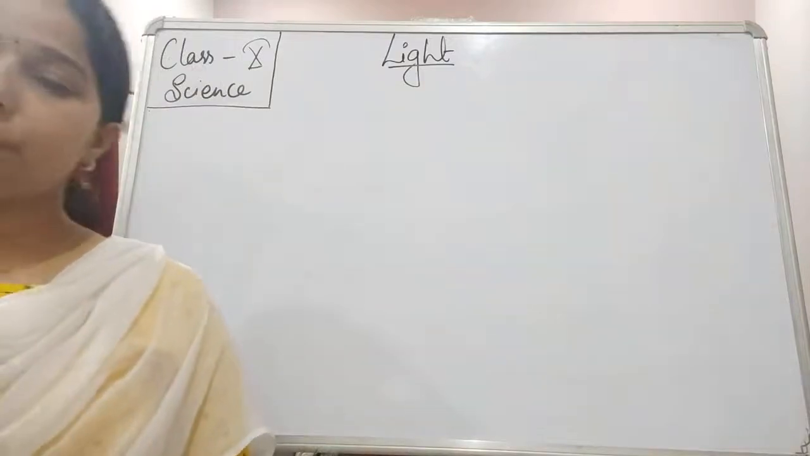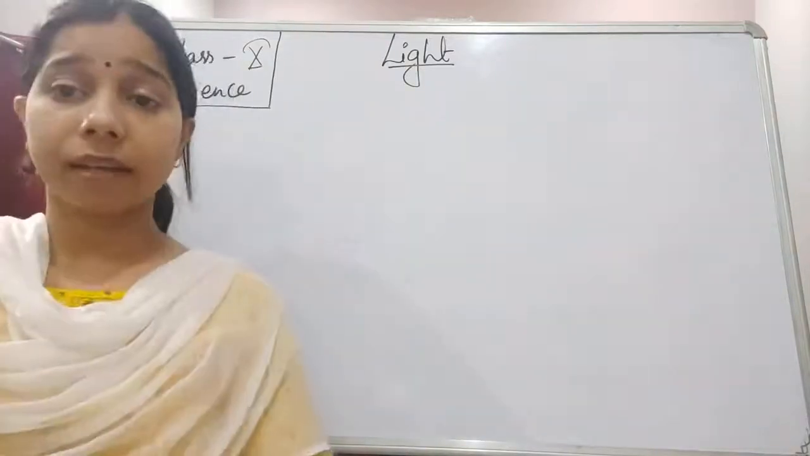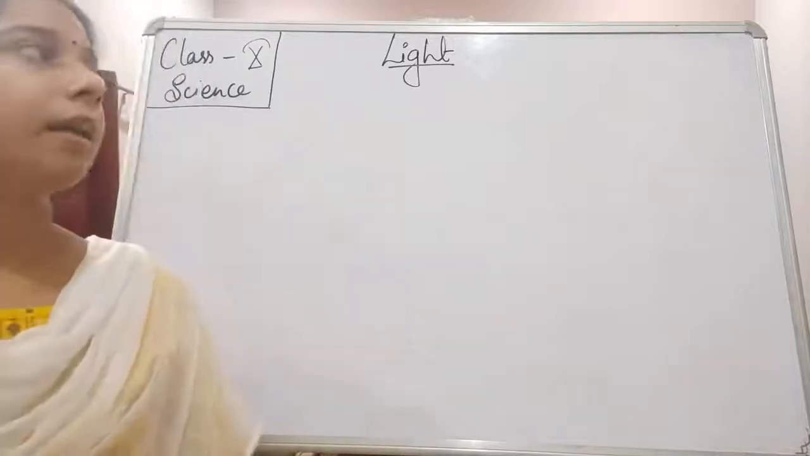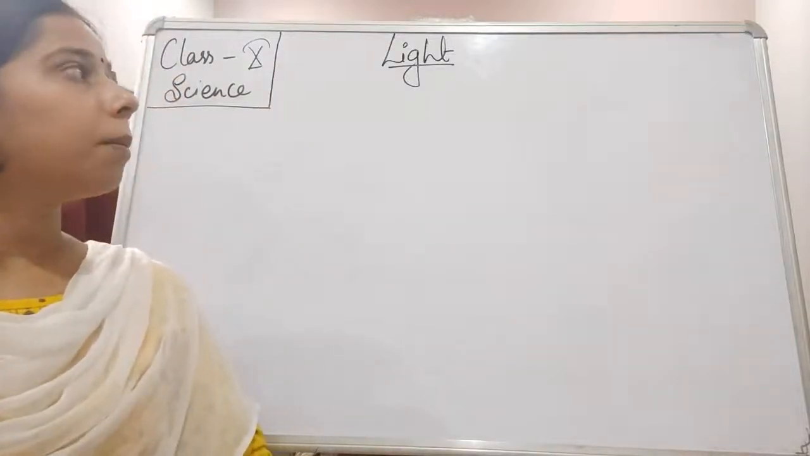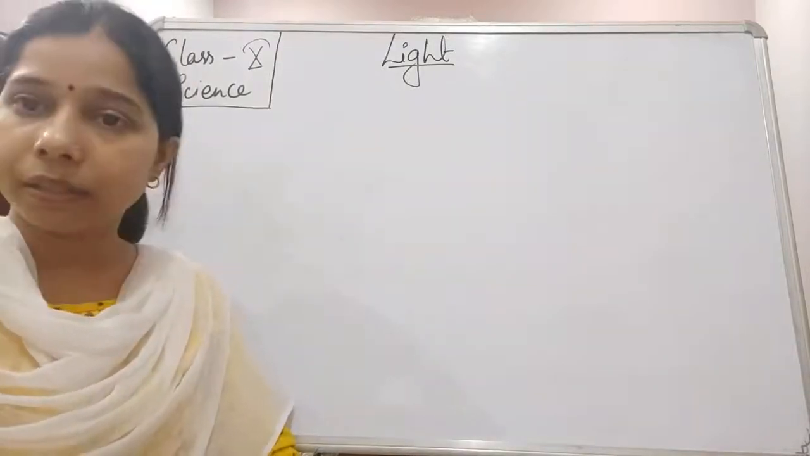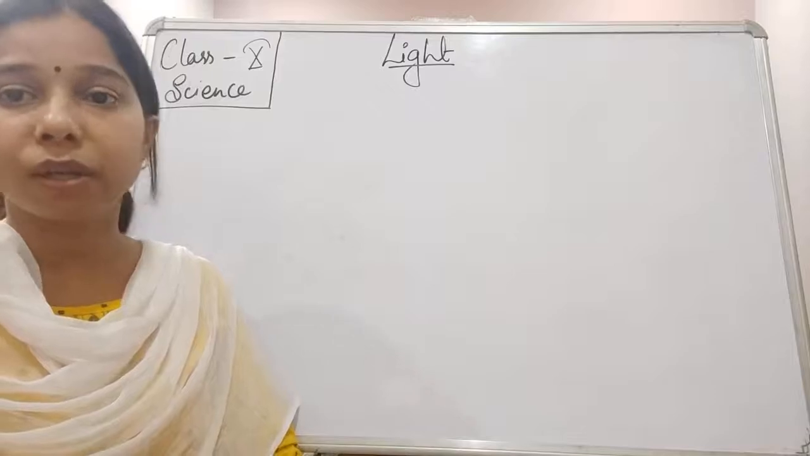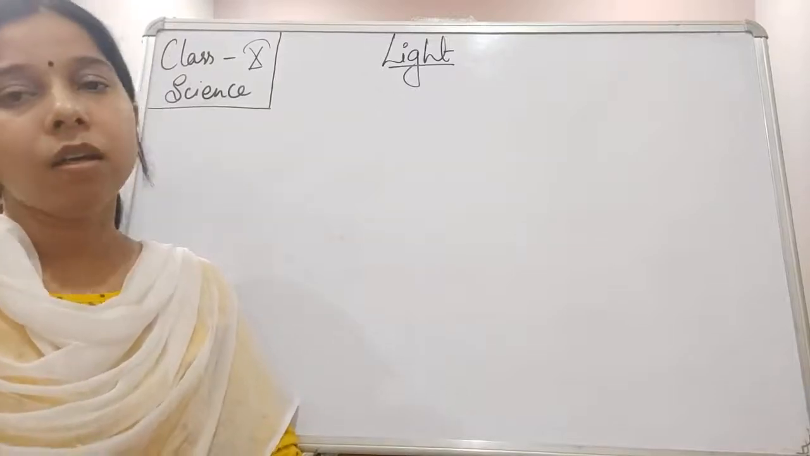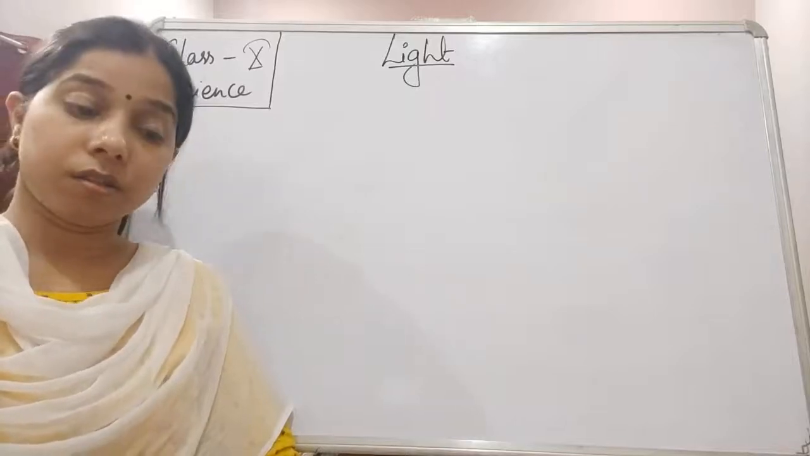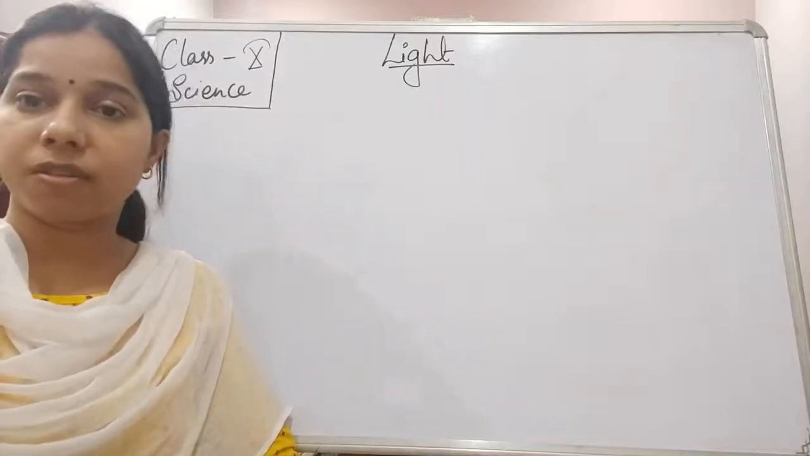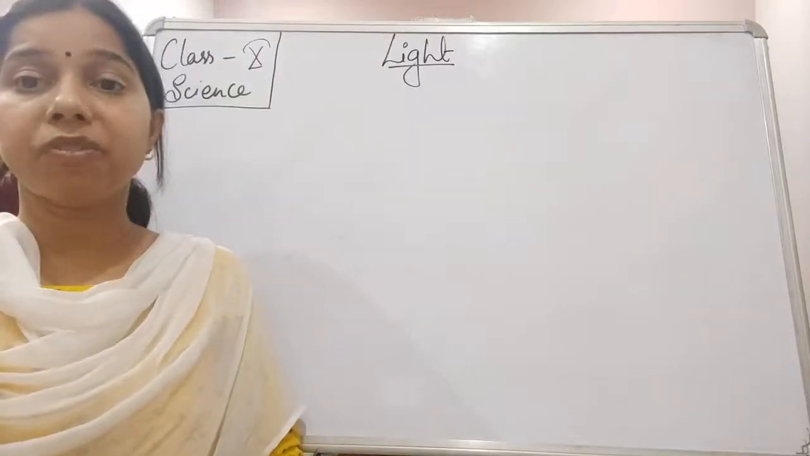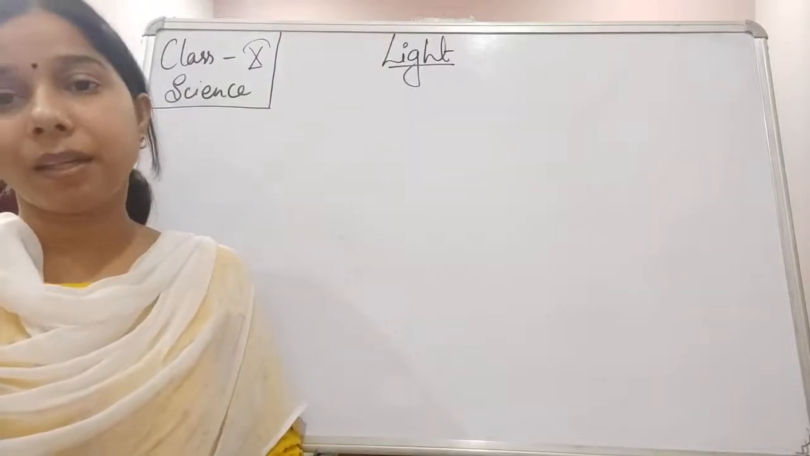So students, in the previous class in this chapter, that is light, in which we were discussing the reflection of light, we were talking about the convex mirror. We have seen the different rules which are really important to understand the formation of images. Then we tried to understand what kind of image is formed when we keep the object